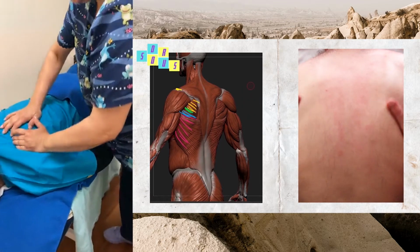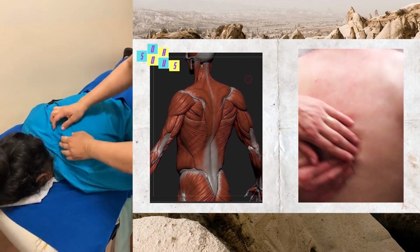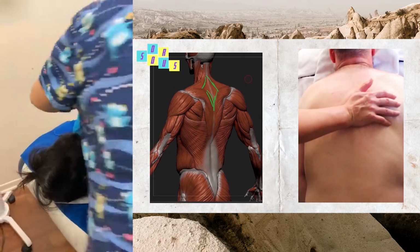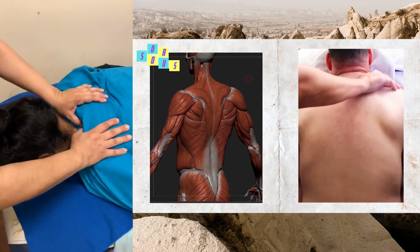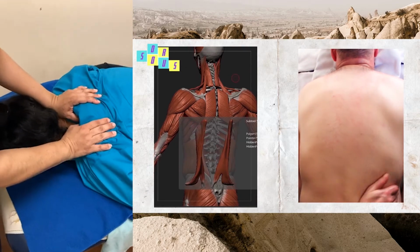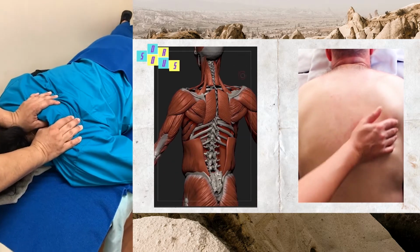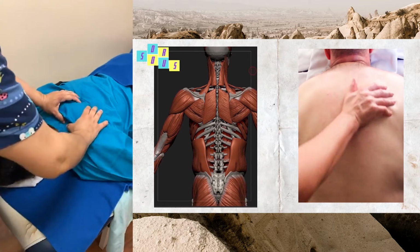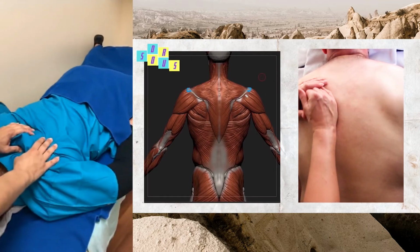Very good. Always work in both sides, of course. Now I'm gonna work here on the up trap. This technique is for trigger points, called C-bowing. So I'm gonna grab and go C-bowing down,